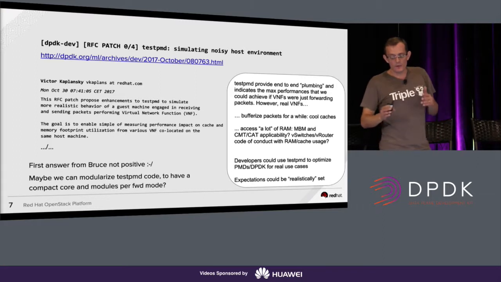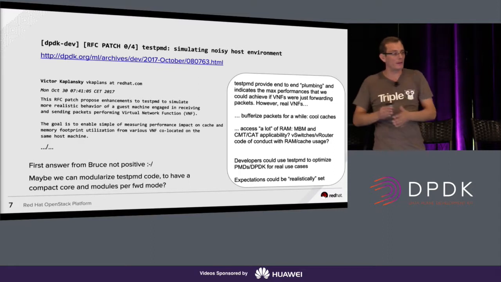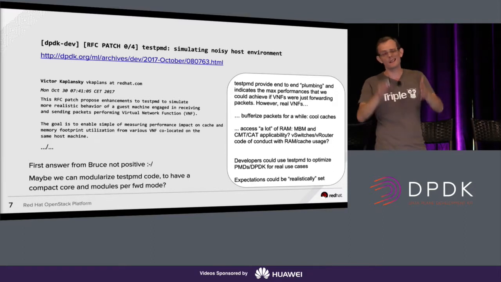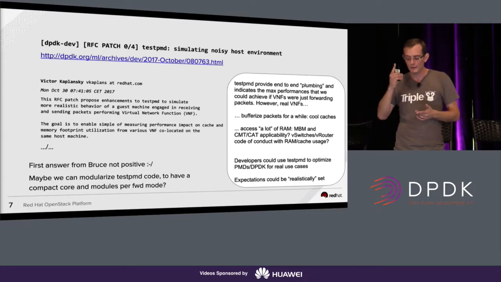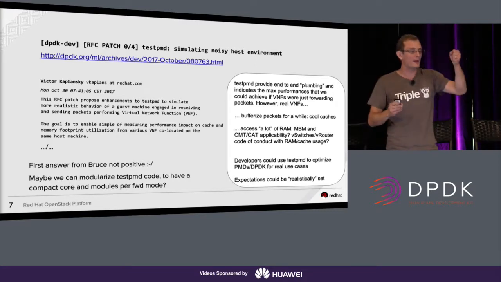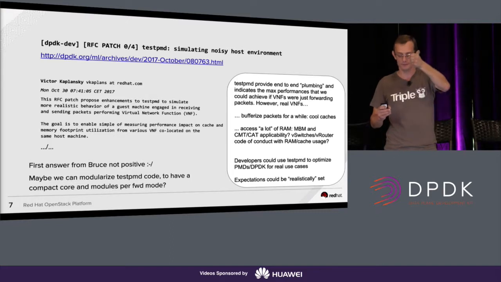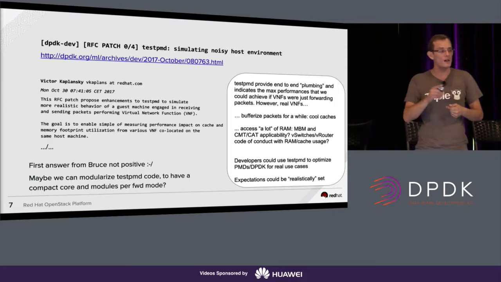Now, TestPMD provides what I'm calling end-to-end plumbing to make sure that the pipes are well placed, and you get like 50 millions of packets per second over SRIOV, like 6 millions of packets per second per core on VirtIO over vSwitch, which is great. But real VNF, they don't take a packet and send it without doing anything. Real VNF, they do reassembly. They keep the packet for a while in the code. So the caches are cold. And when the packet goes back, OK, caches are cold. And when you do your VirtIO optimization with just TestPMD, you're optimizing a lab case. Real VNF won't be accelerated.